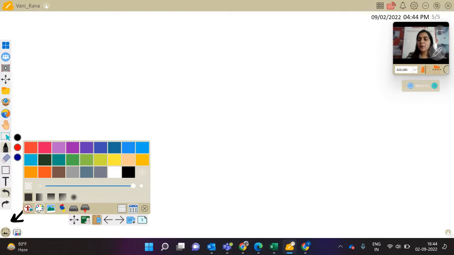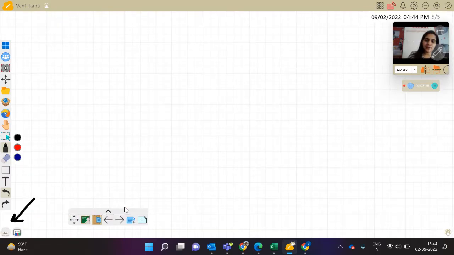For that, I'm going to go to this background management and click here. And from here, I have this option of apply grid to the canvas. So let's use this. So now you can see that I have got a background as that of a graph